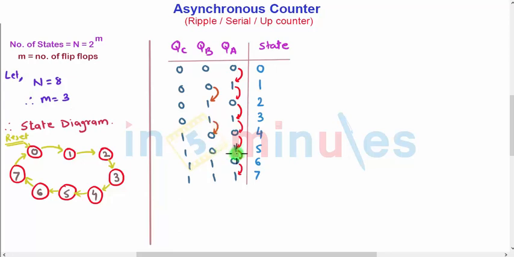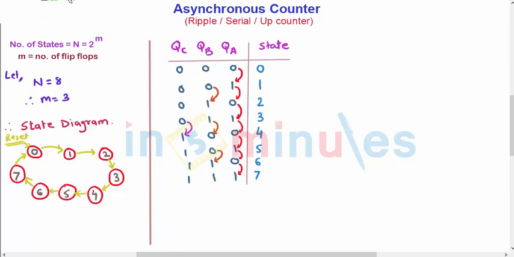The same pattern will be followed when, at the 5th state, going from 5th to 6th, A is going from 1 to 0, so B will again go from 0 to 1. And following B, QC also changes when QB changes from 1 to 0. So here QB is going from 0 to 1, so QC will not change, and going from the 3rd state to the 4th state, as QB goes from 1 to 0, QC will change from 0 to 1 and it will remain as it is.